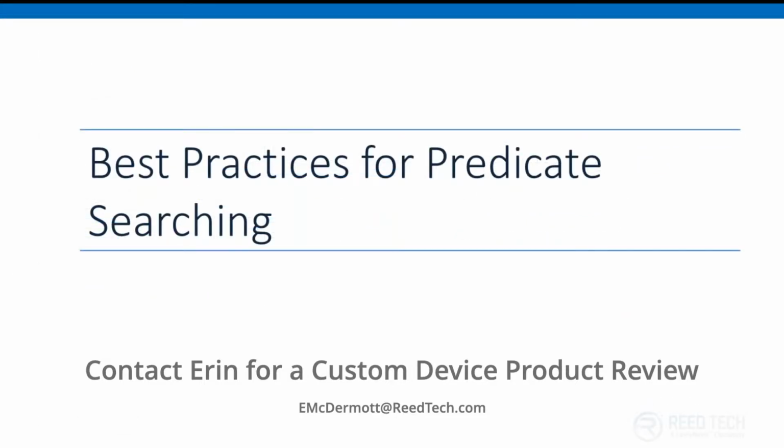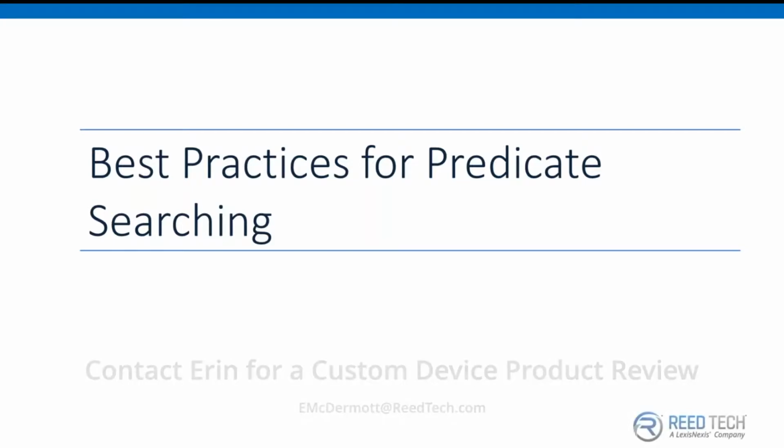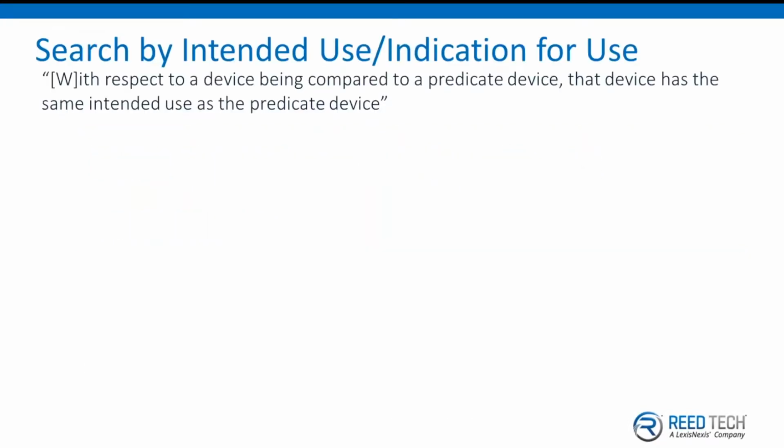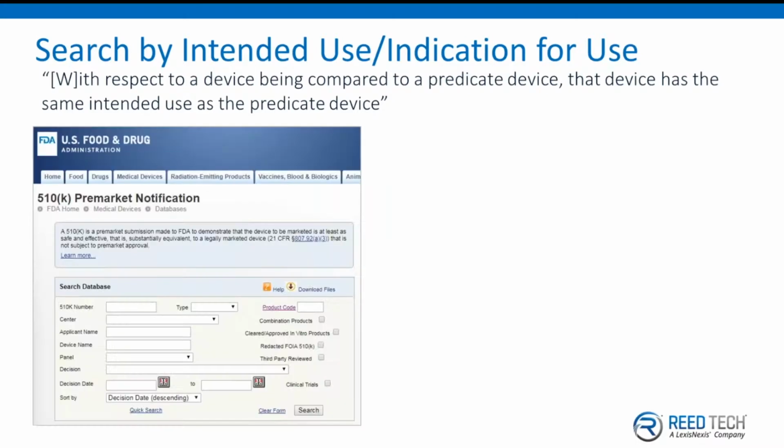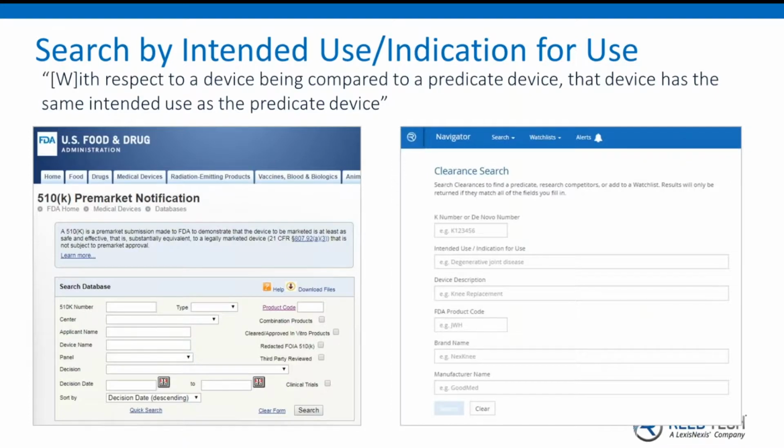We will now review some best practices for predicate searching while contrasting the FDA public databases versus Navigator for medical devices. The FDA has stated that when it comes to predicates, the most important thing to them is intended use. And as you can see on the 510K search page, there is currently no way to search this database by intended use. So you would need to research the product you have in mind and read through each individual 510K